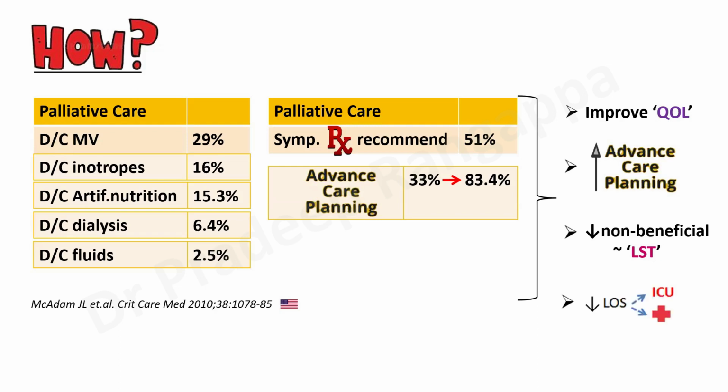And all this together showed a reduction in the length of hospital and ICU stay, because otherwise, if you did not incorporate palliative care, some patients would be on a ventilator for a very long period of time, and the ultimate result would be that the patient would die, but you would still have continued the ventilator. An example would be hypoxic ischemic encephalopathy. Once a diagnosis of hypoxic ischemic encephalopathy is made, we know for sure that the patient is not going to get better. But keeping him on a ventilator unnecessarily would only prolong his agony and increase his hospital and ICU length of stay, and so on and so forth.